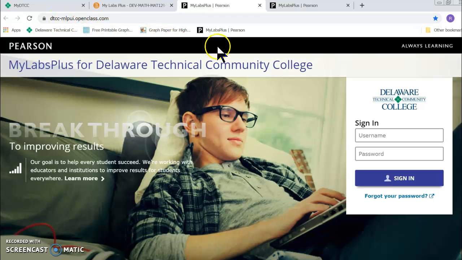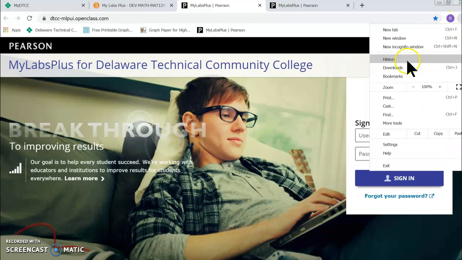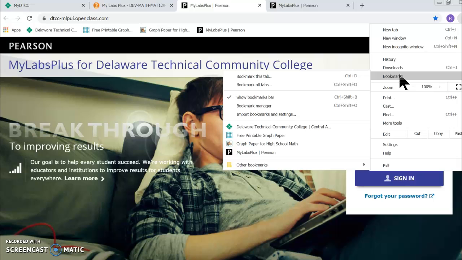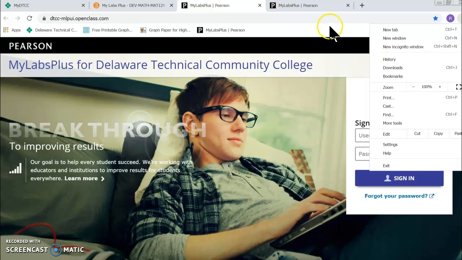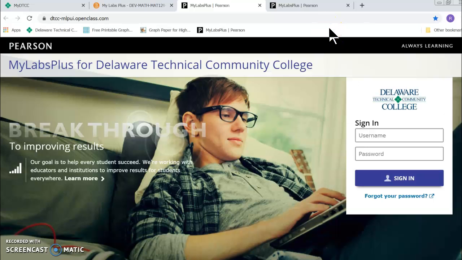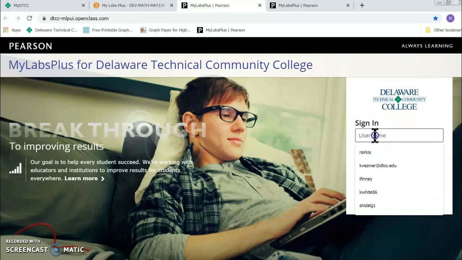I recommend setting up a bookmark in your browser for the sign-in page for MyLabs Plus so that you can get to it even if the portal or D2L is down. Your login is the same as your Delaware Tech email address